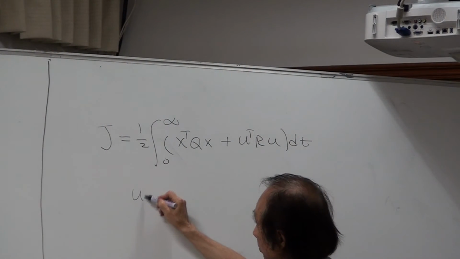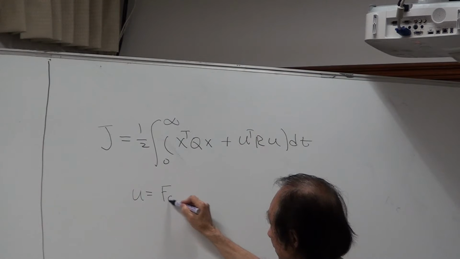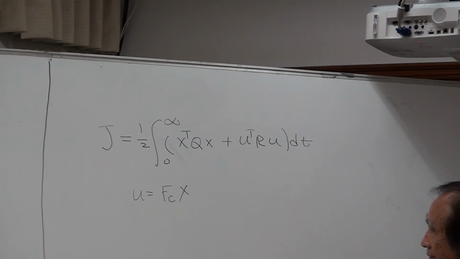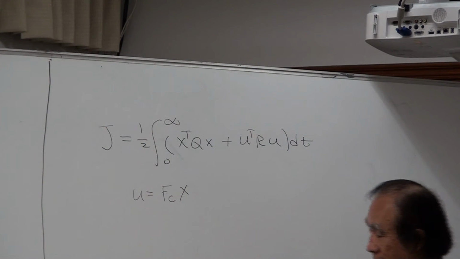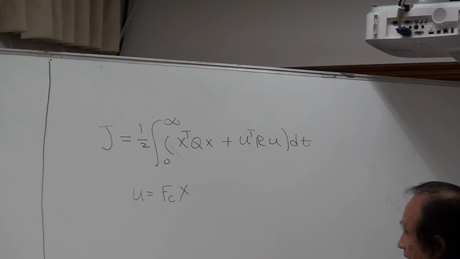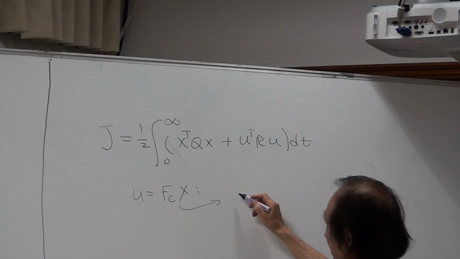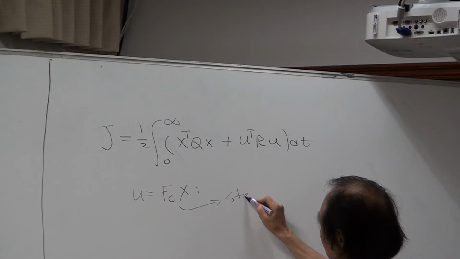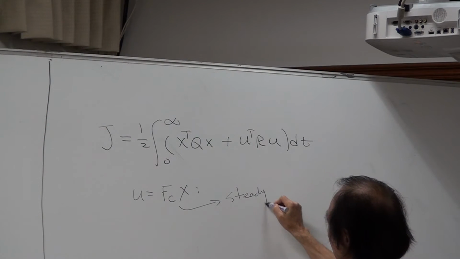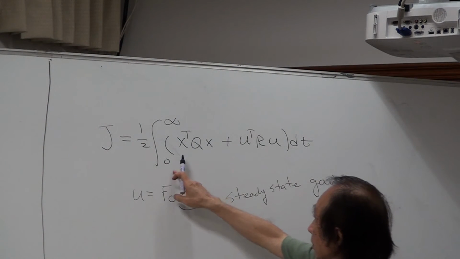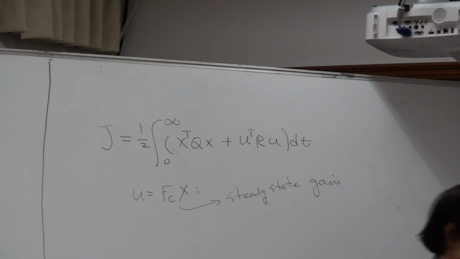And u, we have u equal to minus Fc x. Alright. And this is from 0 to infinity. If we minimize that, this is what we call steady state. Alright, because that's from 0 to infinity. But